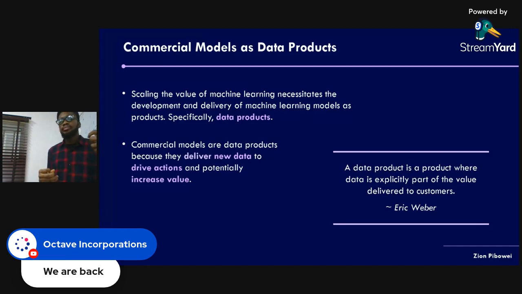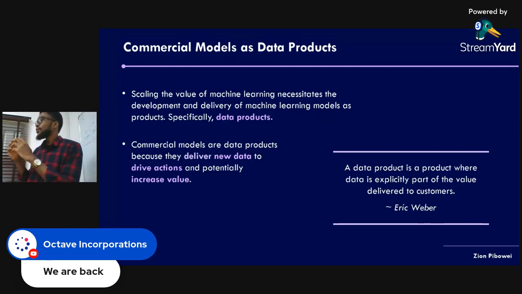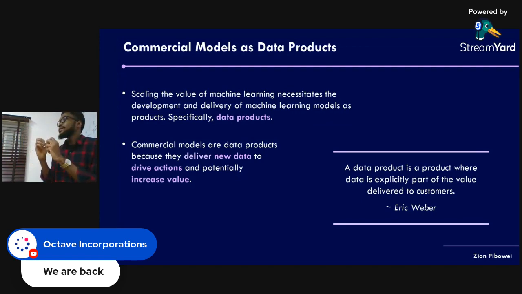So when you build such data applications or machine learning models, you now need to look at them from the lens of data products, from the lens of products, and that helps you understand that this is something that's really delivering value. You now need to understand how to connect those models to value and how to create various other systems around those models to ensure that they are really solving the business problem and increasing value.